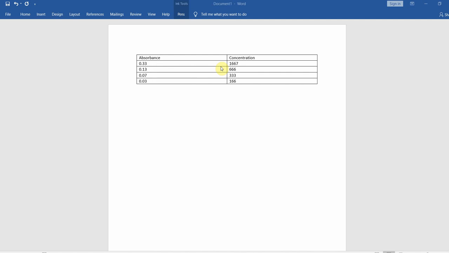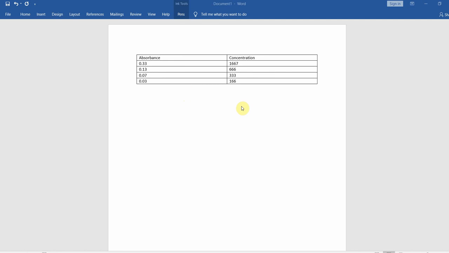Today I'm going to talk about how we can plot a graph in an Excel sheet if some data is given to us, data related to spectrophotometry, like absorbance. This is one of the charts I have mentioned here. Let's suppose these are the readings, and you have to plot a graph between absorbance versus concentration of DNA. These are the readings I have taken when I serially diluted my DNA sample and took readings in a spectrophotometer.